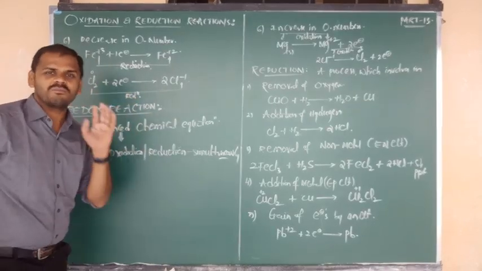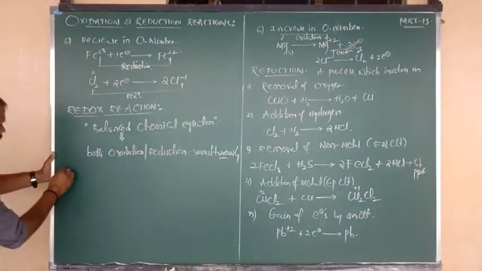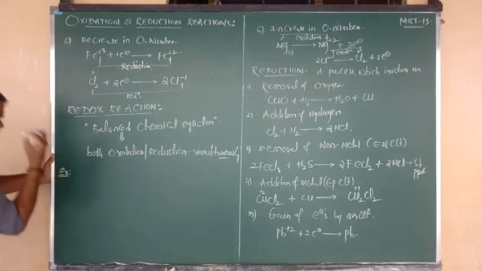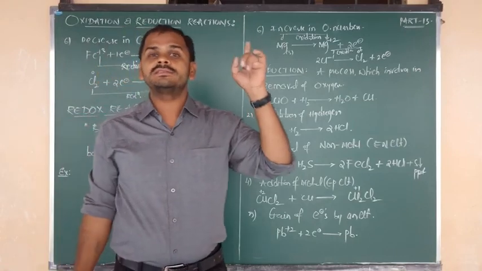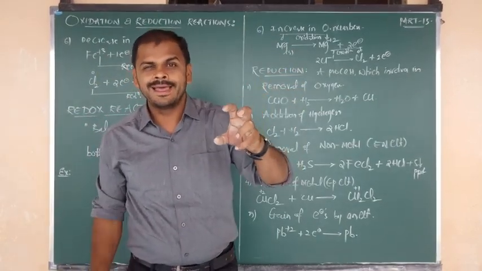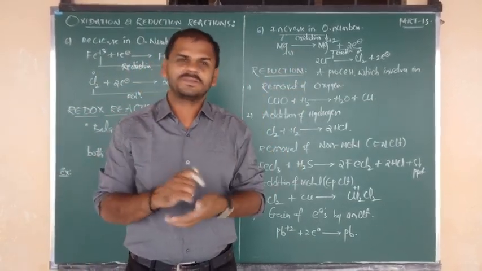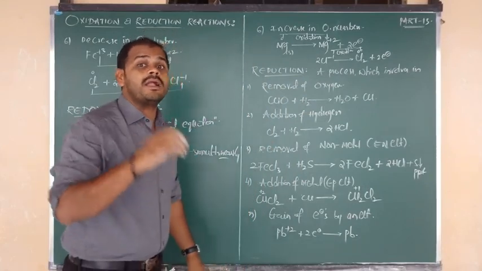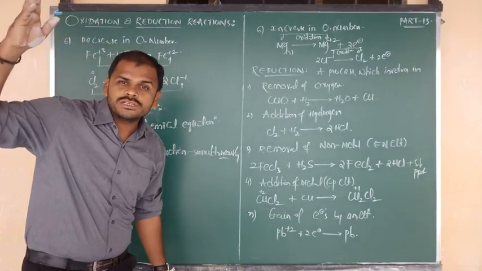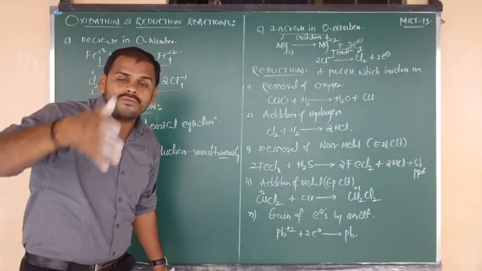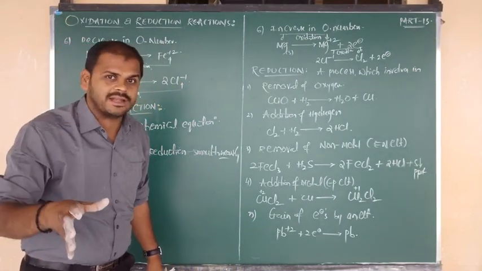Sir, how? I am going to show you one best example which is related to your 10th SSLC. You have studied the topic metals and non-metals. In that, one topic is the reactivity series. Which is a moderately reactive element? Zinc and iron. Lithium, sodium, potassium contain more reactivity. Copper, gold and silver contain least reactivity.